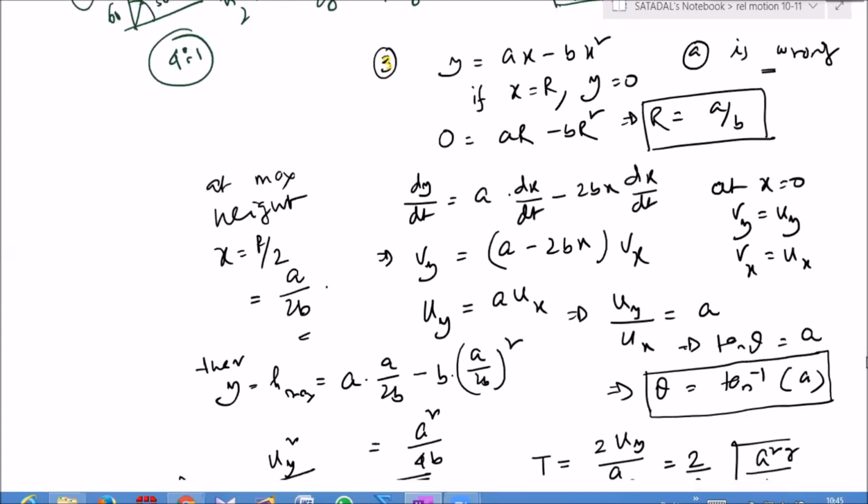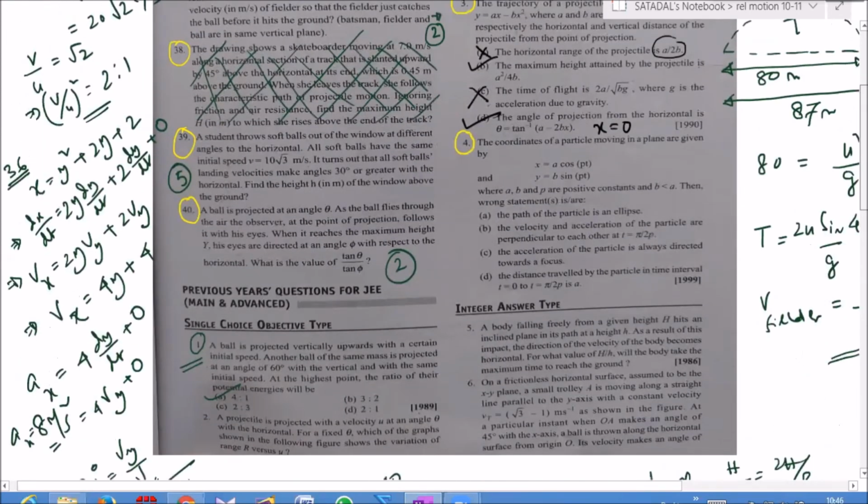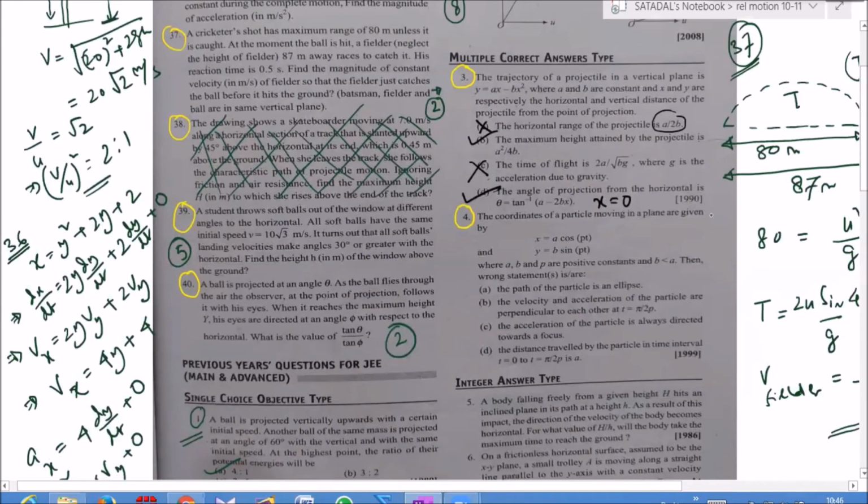Yes, Divit, tell me. Sir, I got theta is equal to tan inverse of A, sir. That's why I said option B only. Okay, fine, no problem. Chalo, go ahead. Okay, sir. Yeah, Akash. Sir, you also got that theta is equal to tan inverse of A. Yeah. Sir, from there we can write now R is equal to U square sine 2 theta by G. And if we substitute, sir, you can scroll up, sir, 1 second. So the equation is given now, y is equal to ax minus bx square, sir. Can we use the trajectory equation and compare? You will get the same result only.